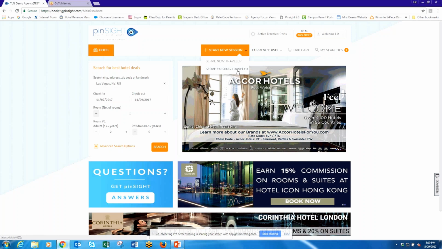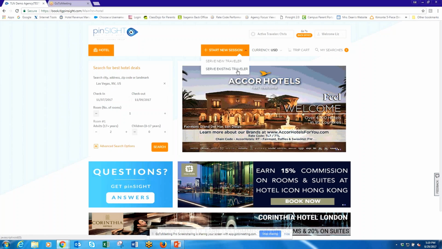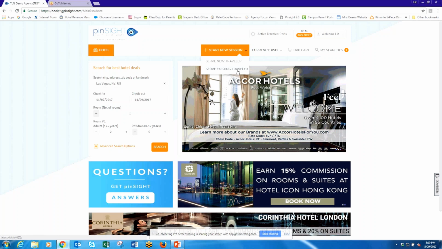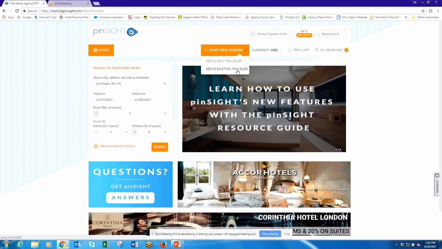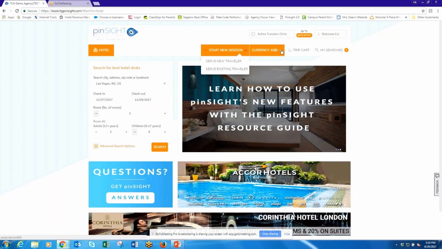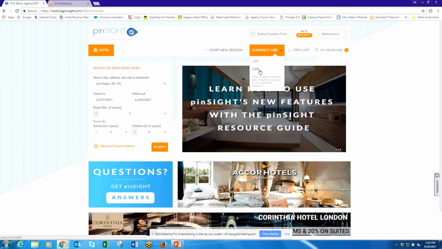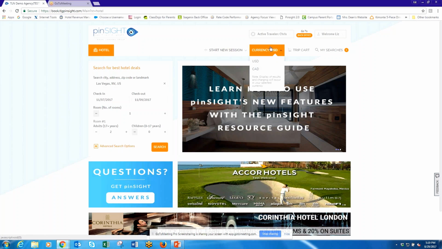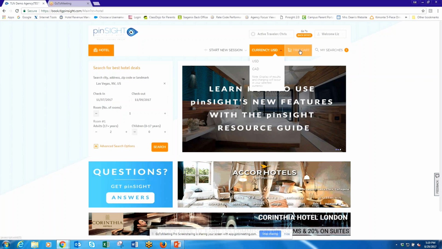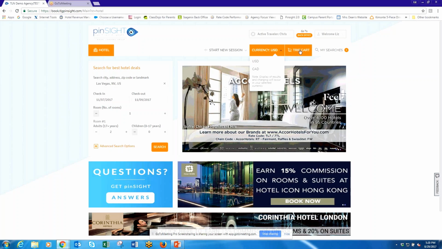So a lot of different ways to navigate, which again is nice. You can be very flexible. We also have currency. So if you happen to need to change into Canadian dollars, you can do that, but you'll be defaulted to USD. Your trip card, of course, which we'll take a look at later. I don't have anything in there now. And then